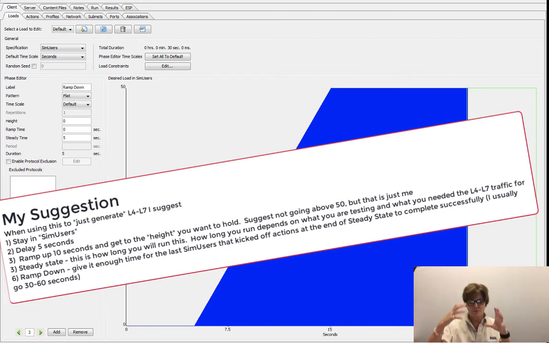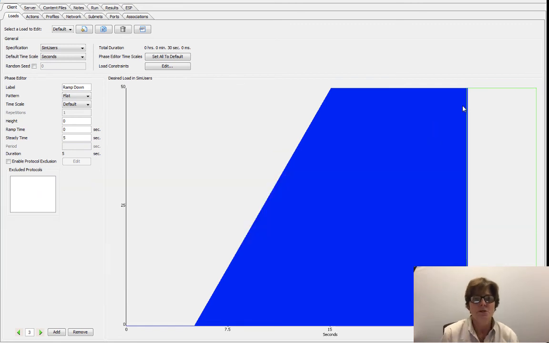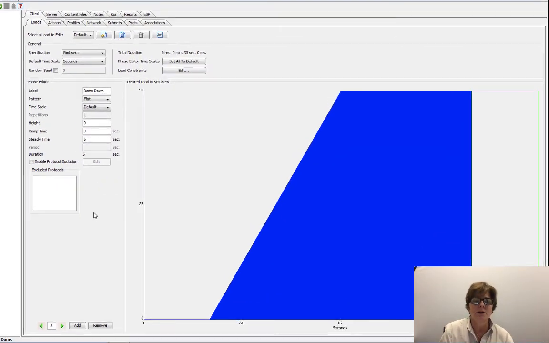Now, for my HTTP, it's really fast, right? It's going to be send, get, and then ACK, and then 200, and then tear it down. Sometimes if you're doing something like a large FTP file transfer, you don't want it to show up as failed. You don't want, at the end of the load interval, to kick off some very large FTP file transfer and then not have a ramp down to allow it to successfully complete. So this test is going to take 30 seconds, and we're going to run it.